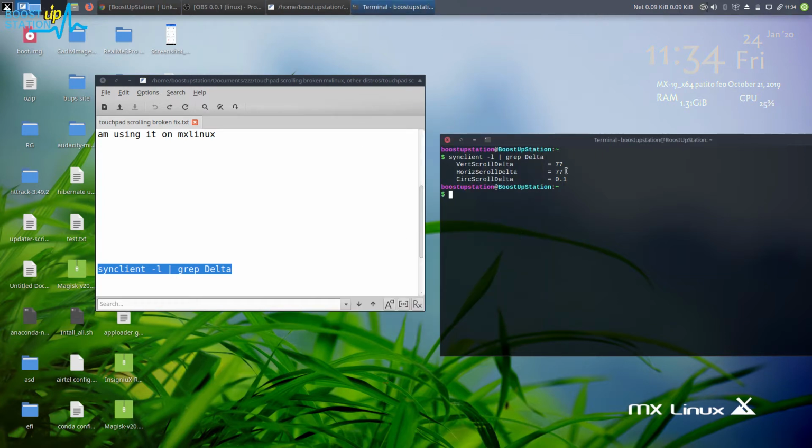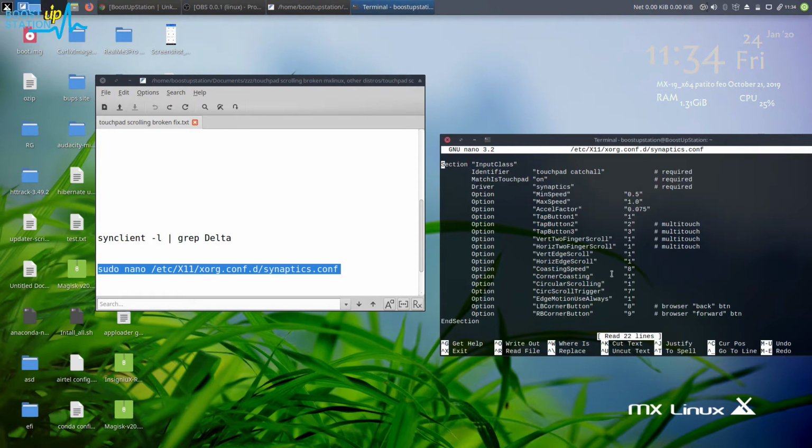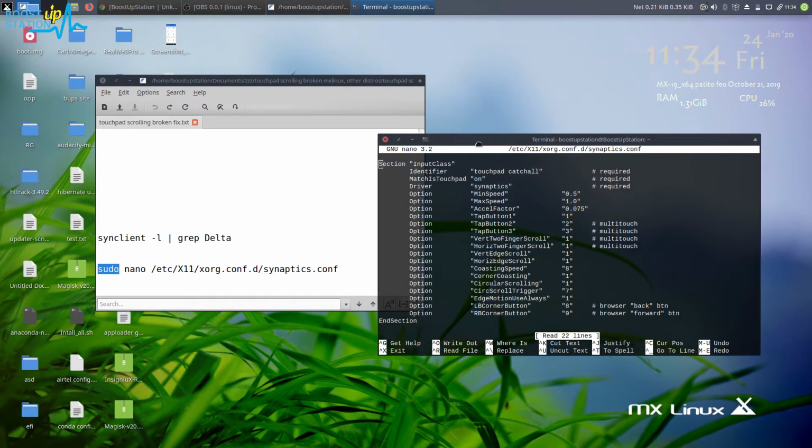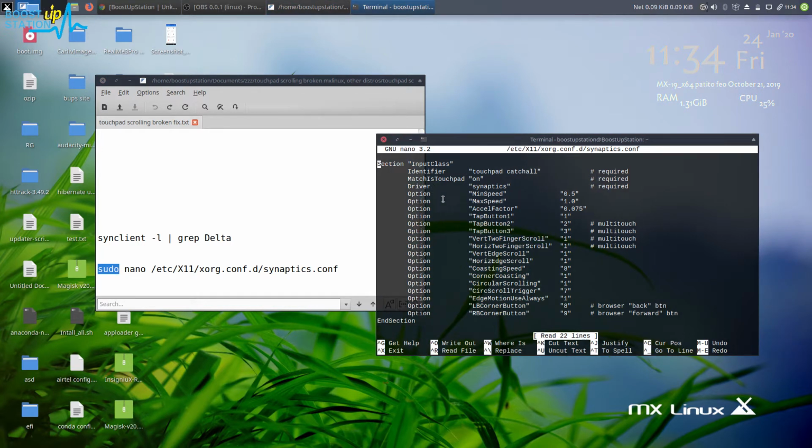So after remembering these two values, you have to launch this command into the terminal, copy and paste it, click on paste. As we are using sudo here, which requires root access, it may ask you for the password, so just enter the password when it requires. And now here go to the last line and press enter.